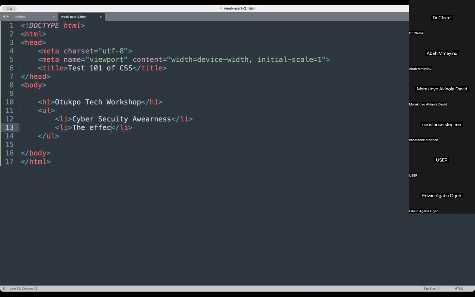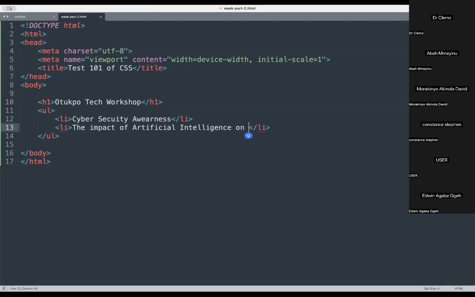The effect, the impact rather of artificial intelligence. The impact of artificial intelligence